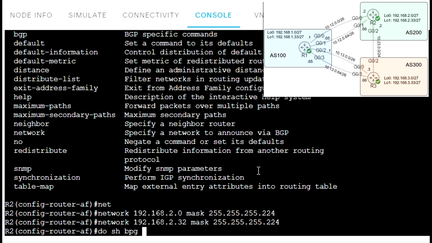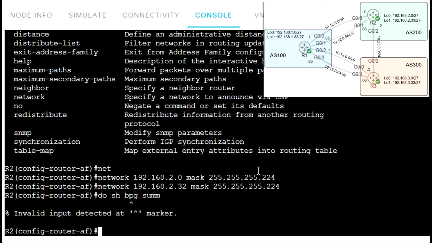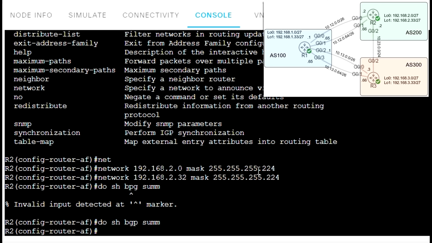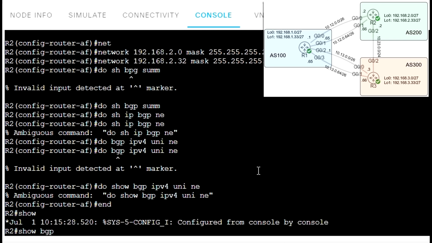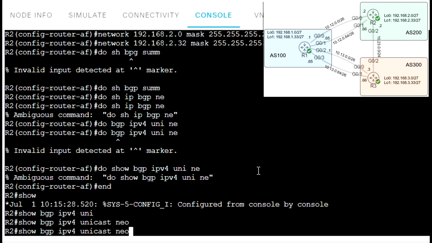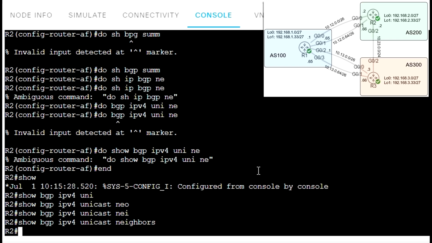BGP summary, show IP BGP summary, and I don't have any neighbors. IP BGP neighbors. Show BGP IPv4 unicast neighbors. I don't have it because if I use address family configuration, I need to activate